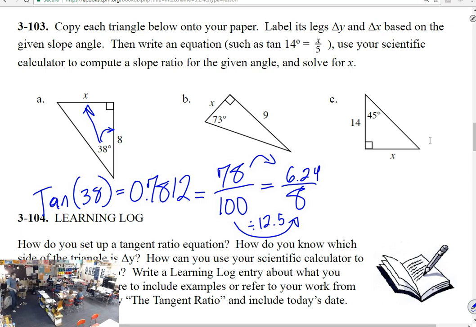So actually 6.24. Approximately. Right, because we took some liberties along the way. We said we're going to round this. That 78 over 100 is close to what it really is. So we get very close to 6.24. We're taking some liberties. But if we just set up, okay, I know that this is the slope of it. If I make it a fraction to look at rise over run, so try that in B. Try to do that in B.